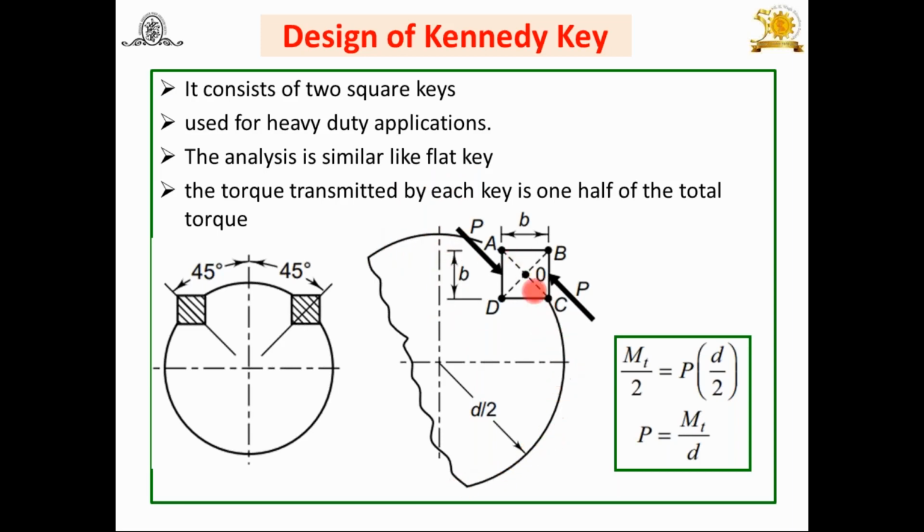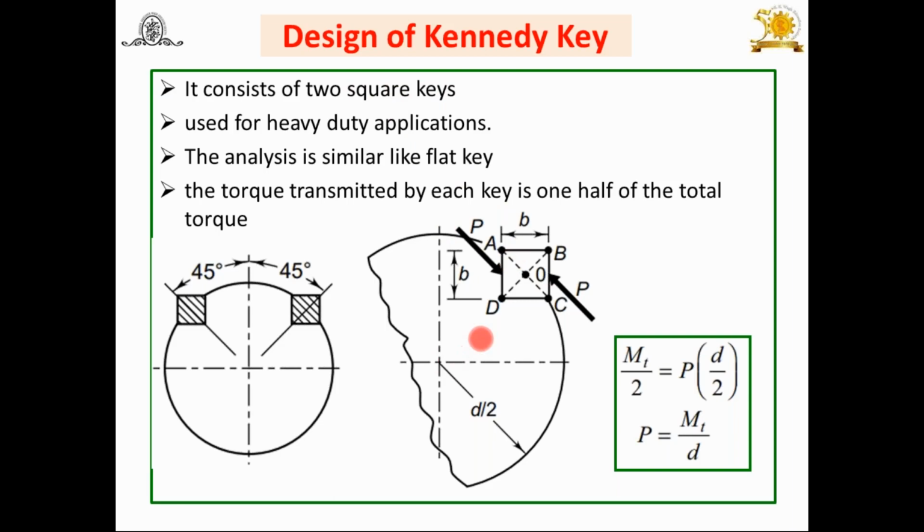Now let us see. This shaft has diameter small d or radius d by 2. Now consider only one key. Therefore, torque transmitted by this key is Mt by 2. I have written here, look at this, Mt by 2, because we are considering only one key. Again, here the diagonal is AC. You can give the nomenclature A, B, C, D. AC is the diagonal here. Then second, b, it's a square key. Square key means width is b, and height h is also equal to b. Therefore, you can write here width b and height of the key is also b, as it's a square key.